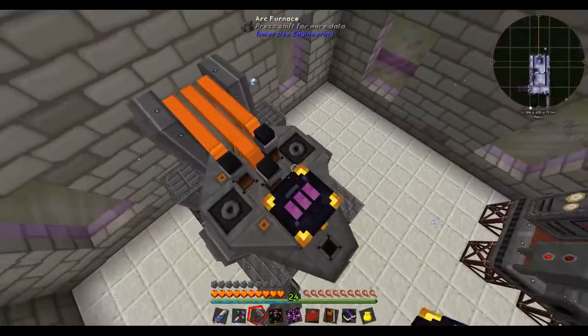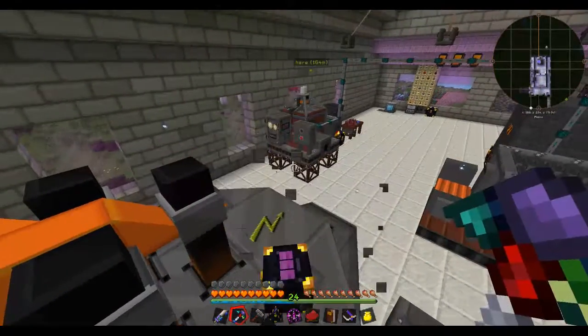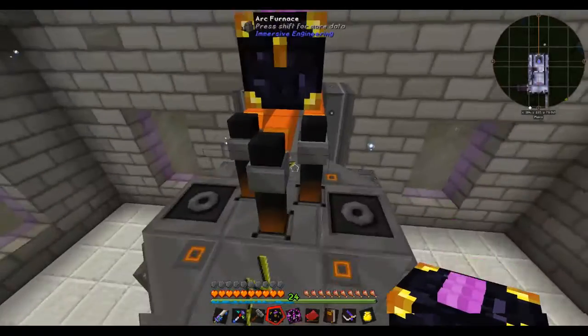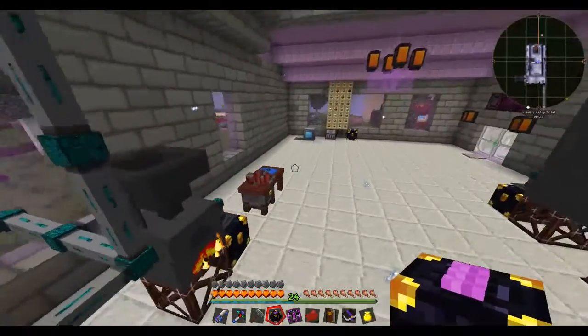I have to cover it up instantly. I don't want to cover up the electrodes. I don't want to break the machine. I'm gonna put that there. There you go. And I have to feed in the items in the front, and the items come out of the back. So we want to